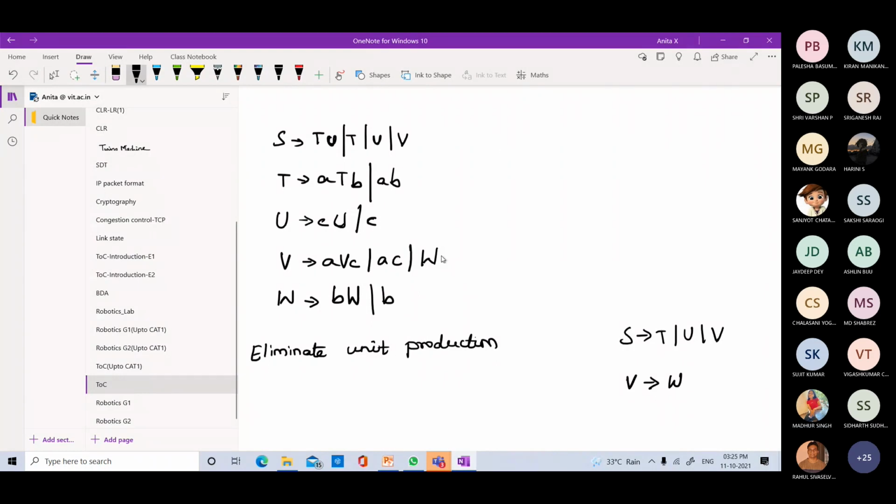Here, what happens? V derives W is there. So what should I do? First, I have to eliminate this one, right? So here, if I want to eliminate V derives W, what should I do? I have to proceed with productions of W should be placed here, right? Okay, so let us start with